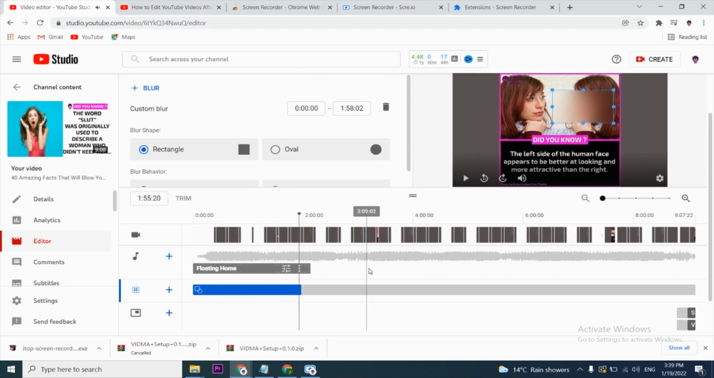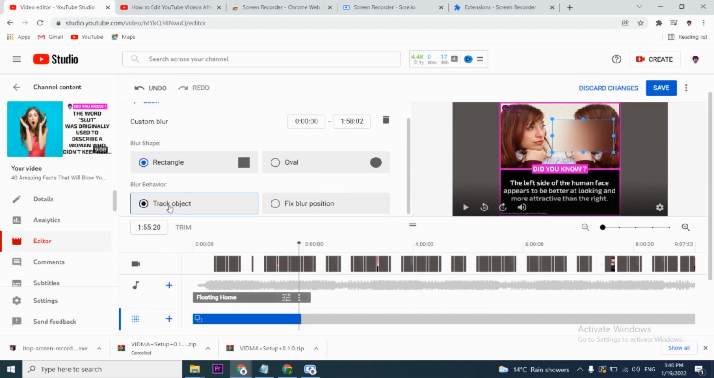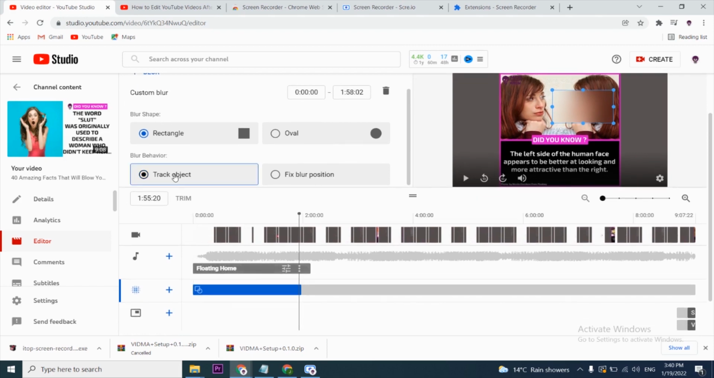One more option which you can get, you have to select from this blur area the track object. If you have a moving face and you apply a blur option to that face, this blur will keep moving with the movement of that face. If a person is moving and you have blurred the face of that person and that person is continuously moving, then it will track the face and keep that face blurred. So this is the advantage of this blur option. Most of the time we use custom blur because it's targeted, if we need to